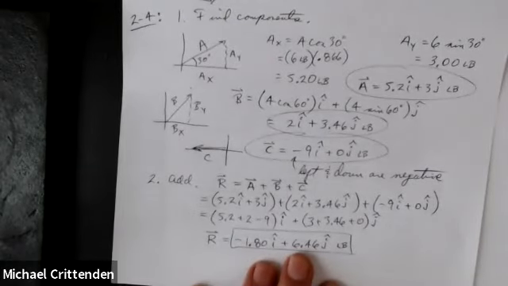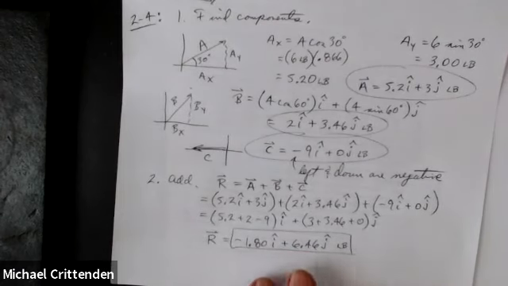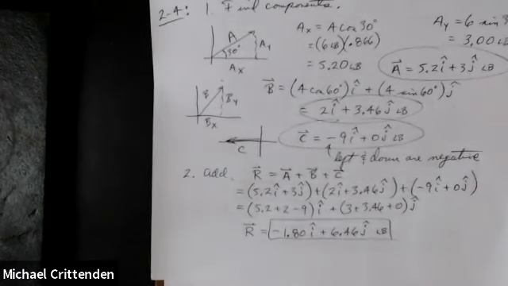Now, expressing a vector as a set of components is a perfectly legitimate way to describe a vector. People do it all the time. For certain purposes, it's the most convenient way of doing it. But for other purposes, you might want the magnitude and direction. So the way this question is phrased,